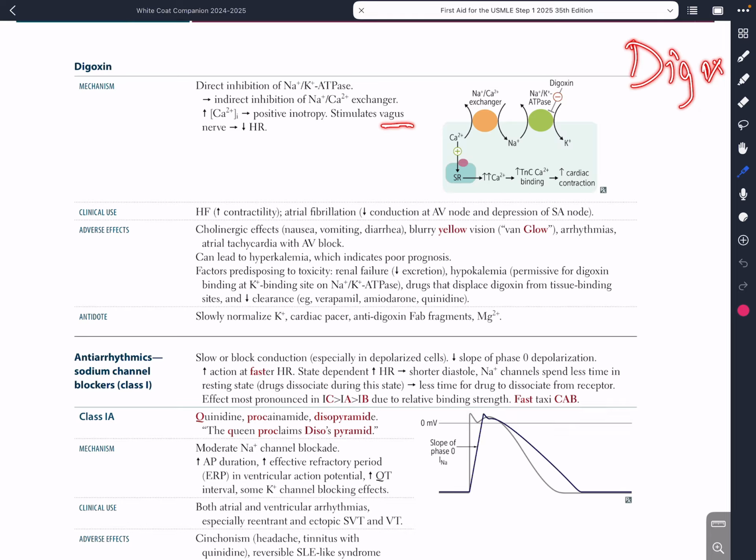So digoxin has two faces, like a coin. It lowers heart rate, and it can also increase contractility. Digoxin is used in heart failure to increase contractility. In atrial fibrillation, it decreases conduction at the AV node, and depression of the SA node leads to